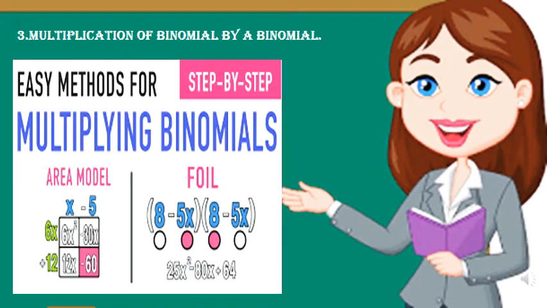The next type of multiplication you are going to learn is multiplication of a binomial by a binomial. That means you are going to multiply two binomials. And there are two methods to do this multiplication, and they are very easy also. I told you all in the beginning, anything will become easy only with your interest. And before you learn anything, everything is difficult only. So you should learn with interest. So the two methods which are going to be used in this multiplication are the area method, which is also called the box method, and the other method is the FOIL method.